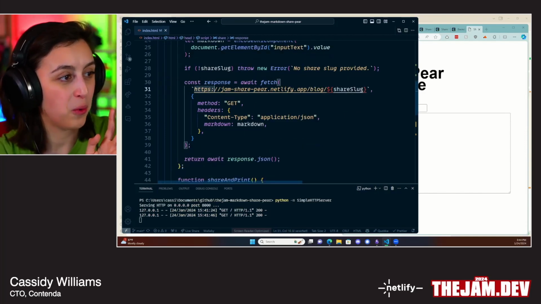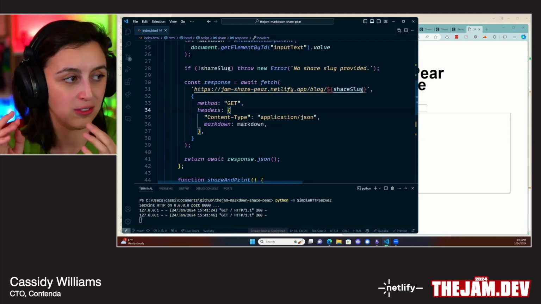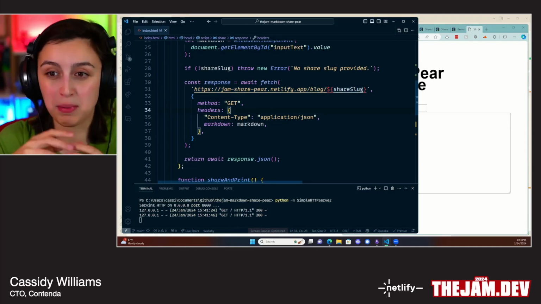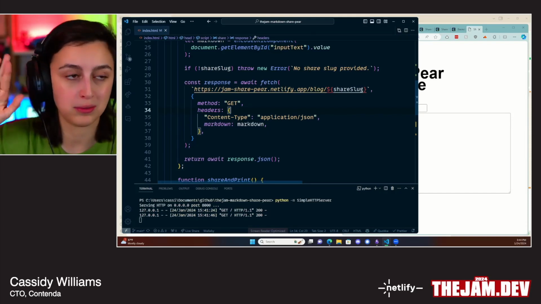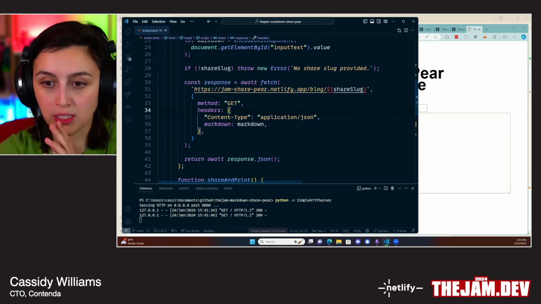We fetch the Jam SharePair page, and because we're fetching it and hitting it with a GET request, and also edge functions can only